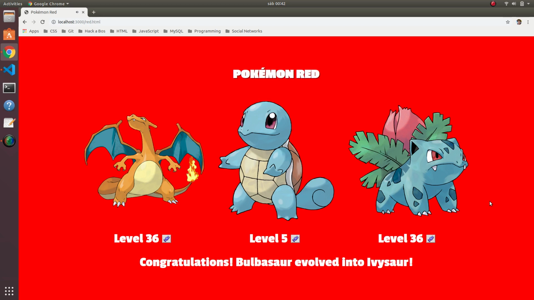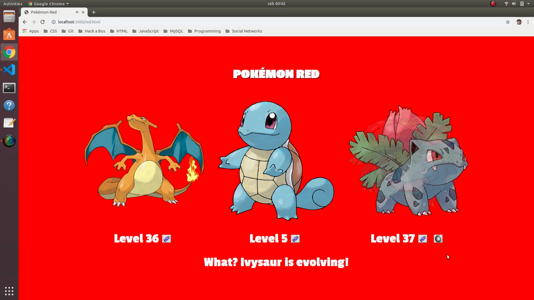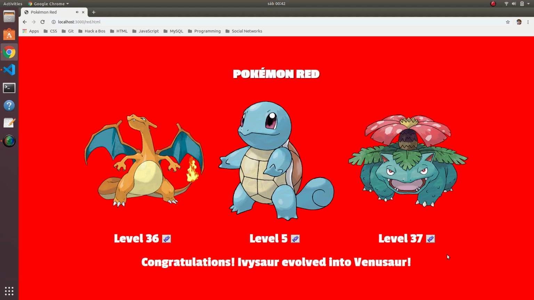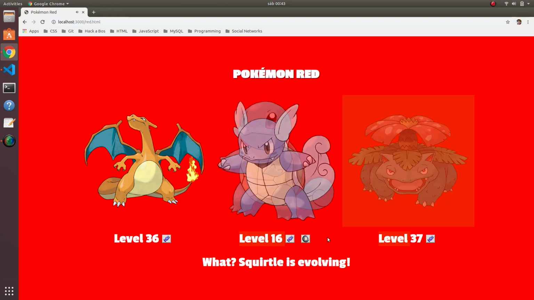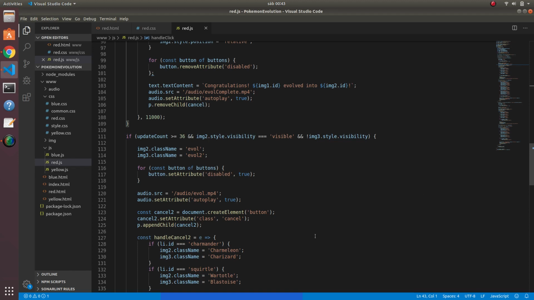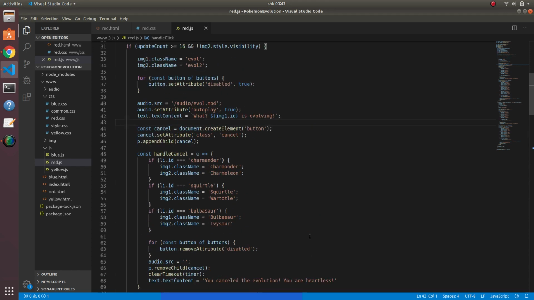And now he can evolve to the next stage, but it's going to be a level later. You can really have Bulbasaur at level 50, and at 51 he's going to evolve into Ivysaur. Okay, let's have Squirtle evolve, so we have all the Pokemon evolved. So that's why I say this,